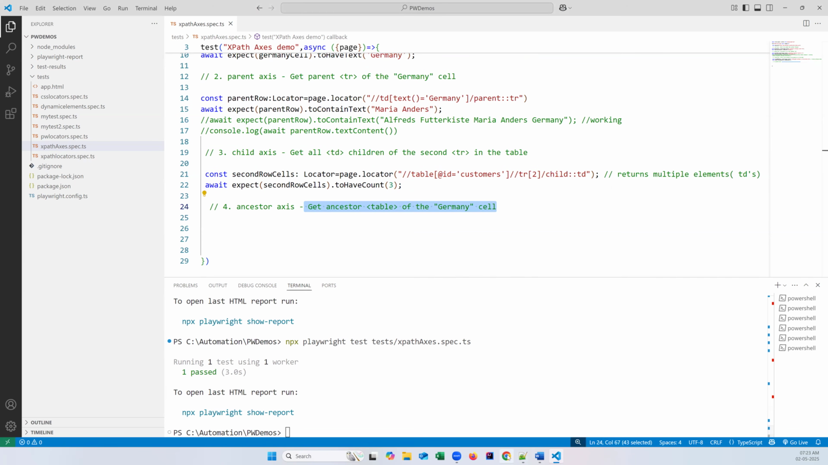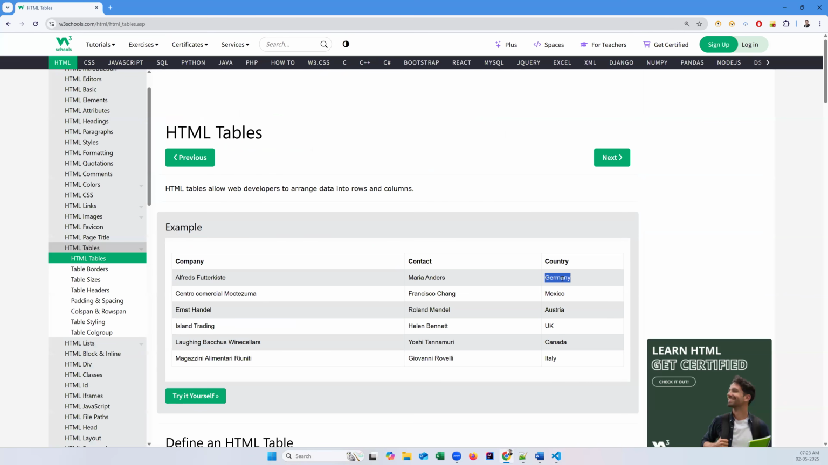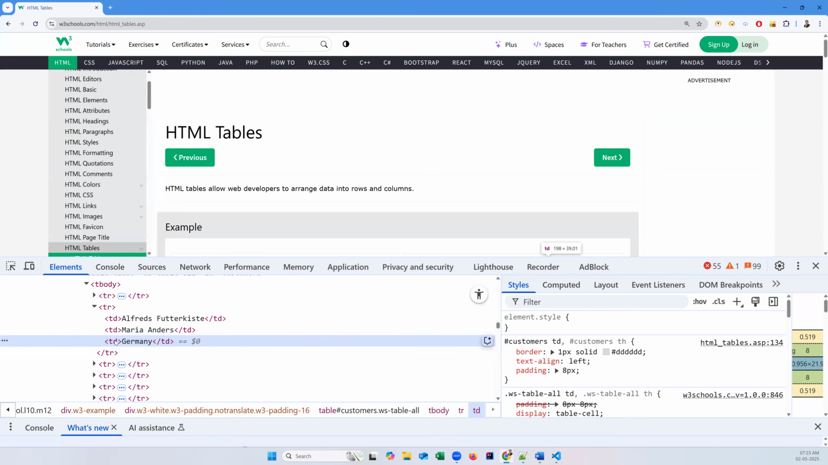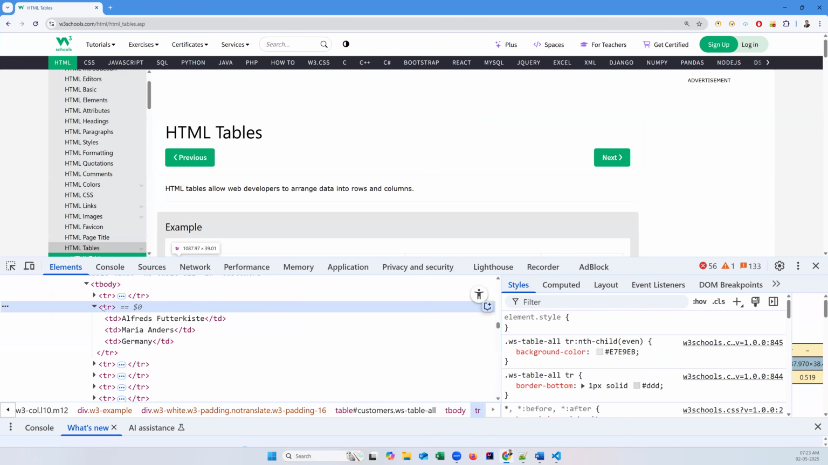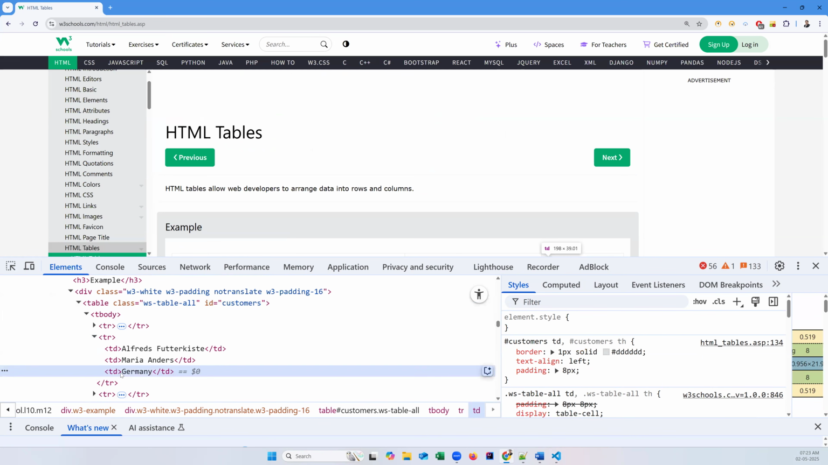So if I look at the same page, I can go back to Germany. So this is my cell. And if I again inspect this TD element, for this TD, what is the parent? The TR is the parent. For this TR, what is the parent? TBody is the parent. For TBody, what is the parent? Table is the parent. So from this particular Germany, I want to get